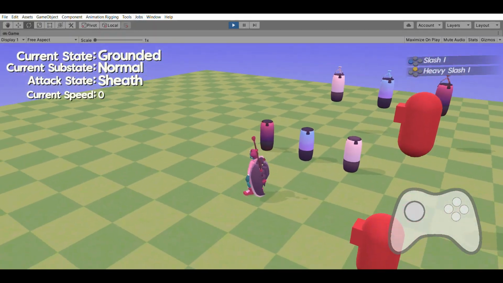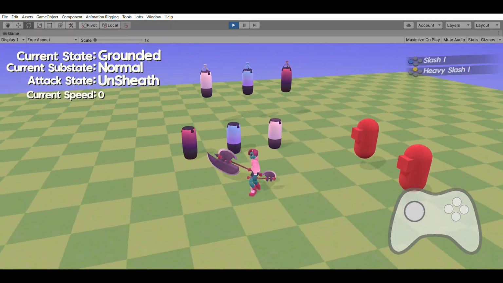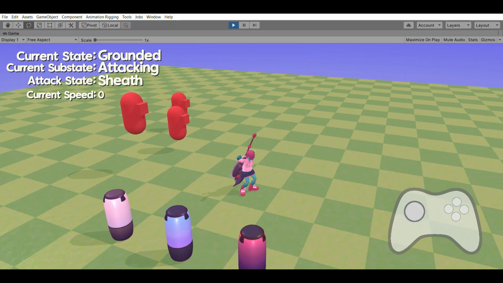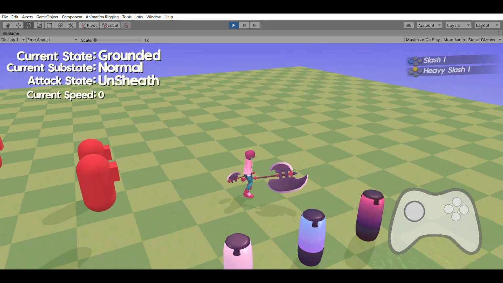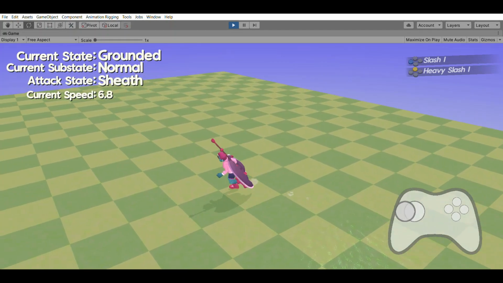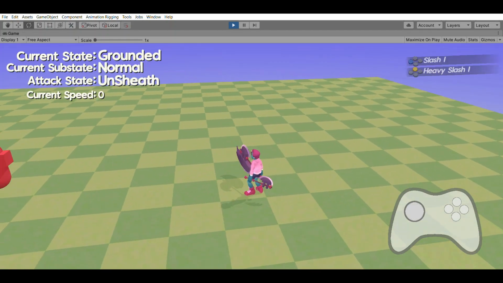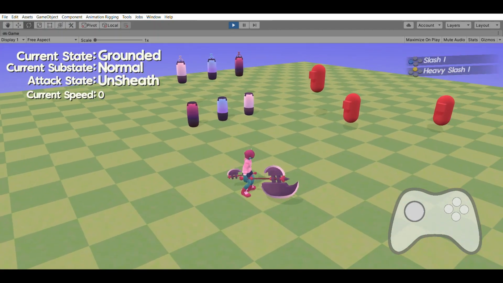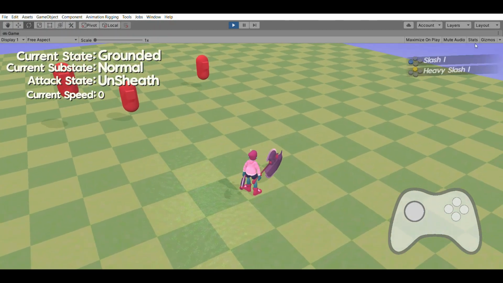The first thing I did was weapon unsheathing and also weapon sheathing. I will first explain what this is and then why I implemented it, because it has a specific design reason behind it, and it requires explanation as opposed to other things which I just add for the funsies. So weapon sheathing and unsheathing is essentially a two-state system.